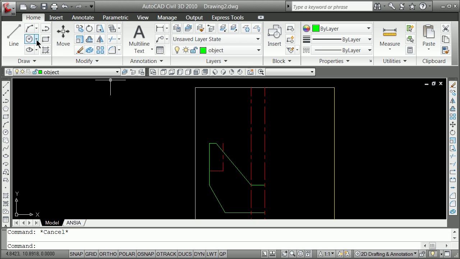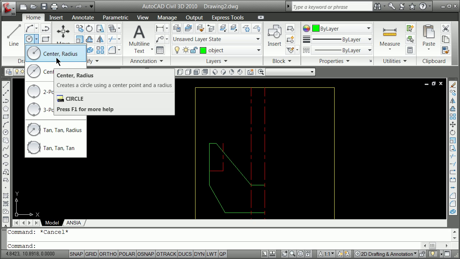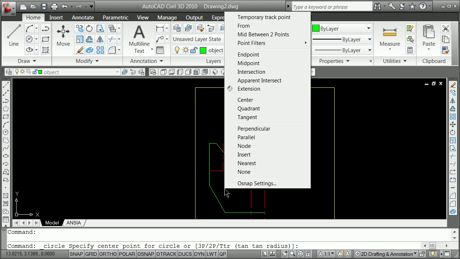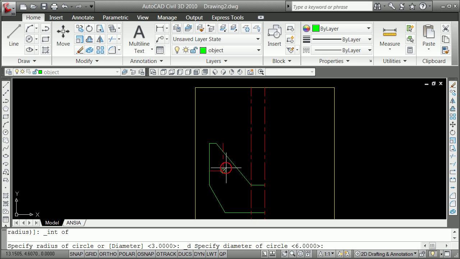We draw all of our circles by draw circle. In this case, it is a diameter of 0.875. Shift right click the intersection there of 0.875. You have that established, and now you have down offset 1 down here and another 1 down there. You've established those points, and those points were established 0.5 off of the edge of the center of the circle. So offset 0.5,